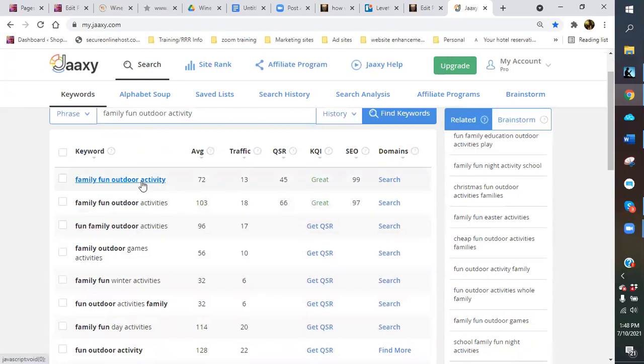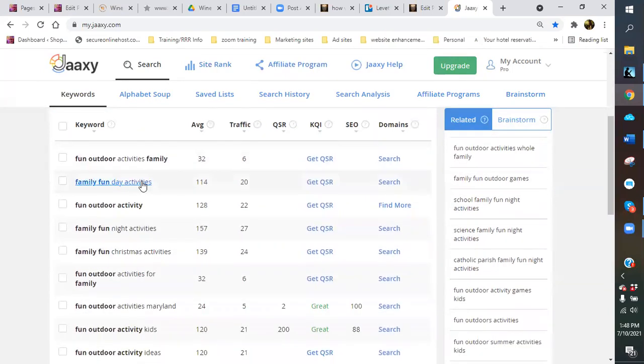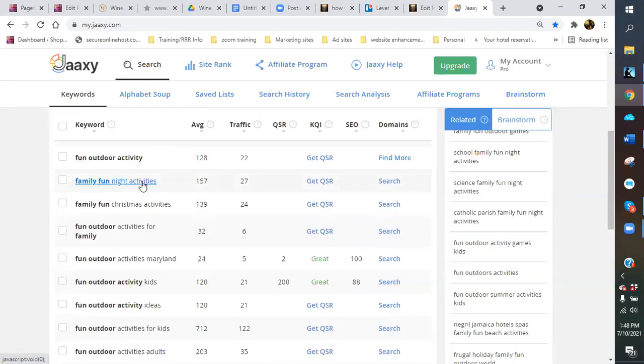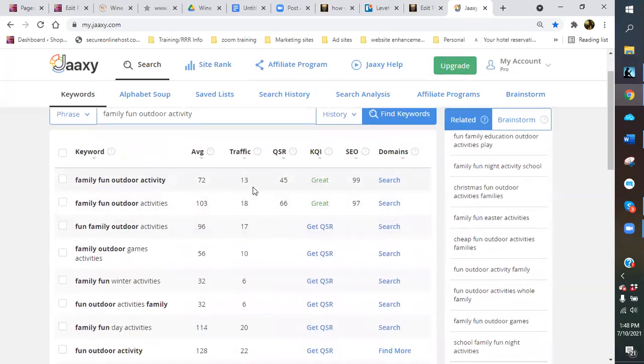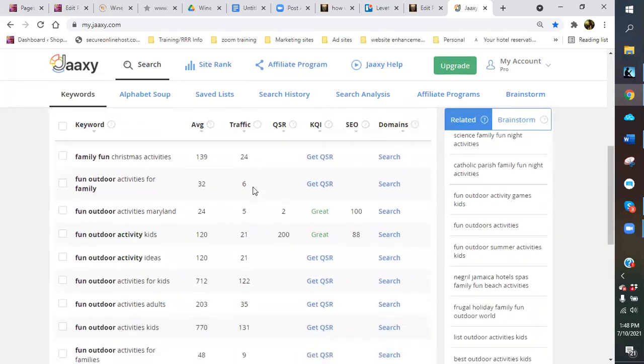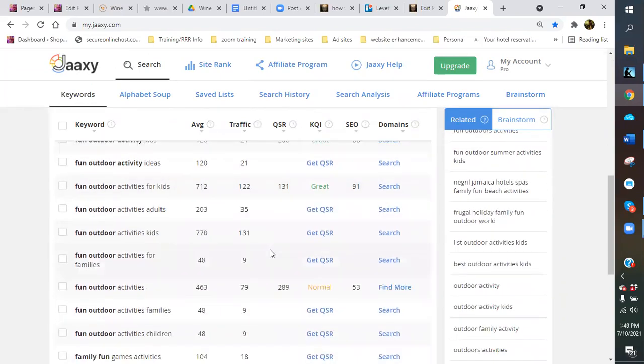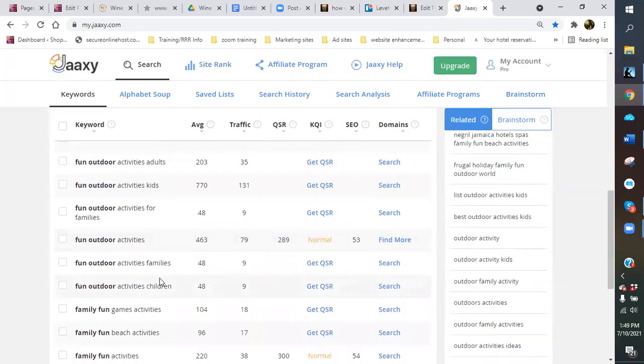So this one's still a great key phrase that you can use. It doesn't have a lot of competition. You only got 45 other websites that you're competing for. It still has some traffic coming in, but the thing that you can do is, like this one says, family fun activities for kids. Again, you're getting kind of long on your title, but it's up to you. Fun outdoor activities, that's normal. Still got a low possibility. You still got a lot of competition on there.